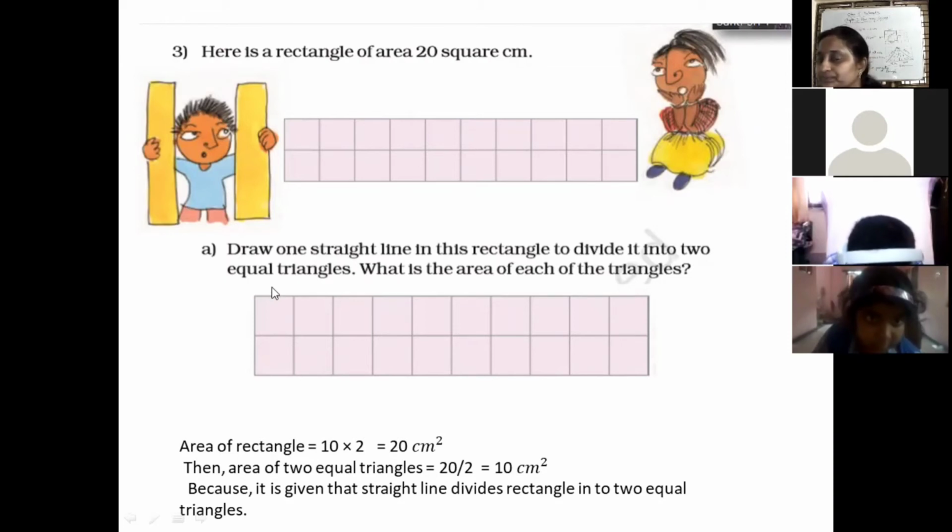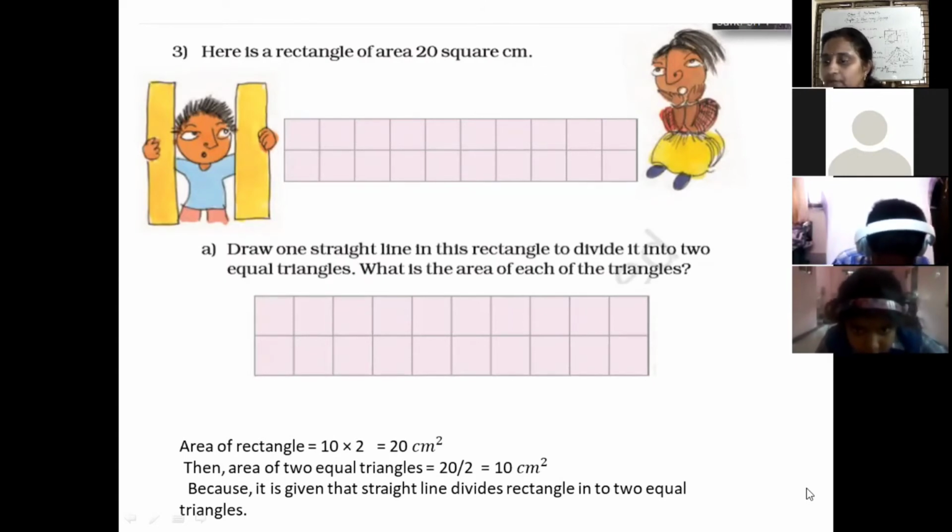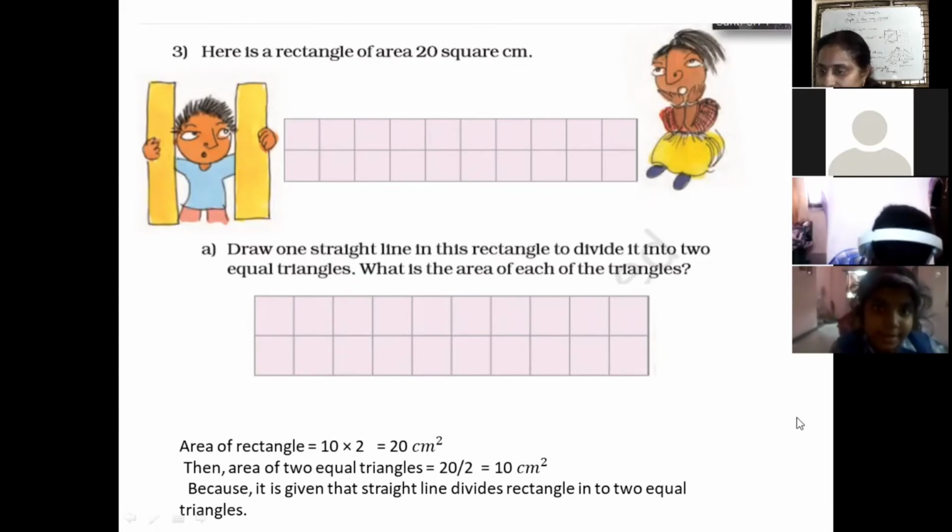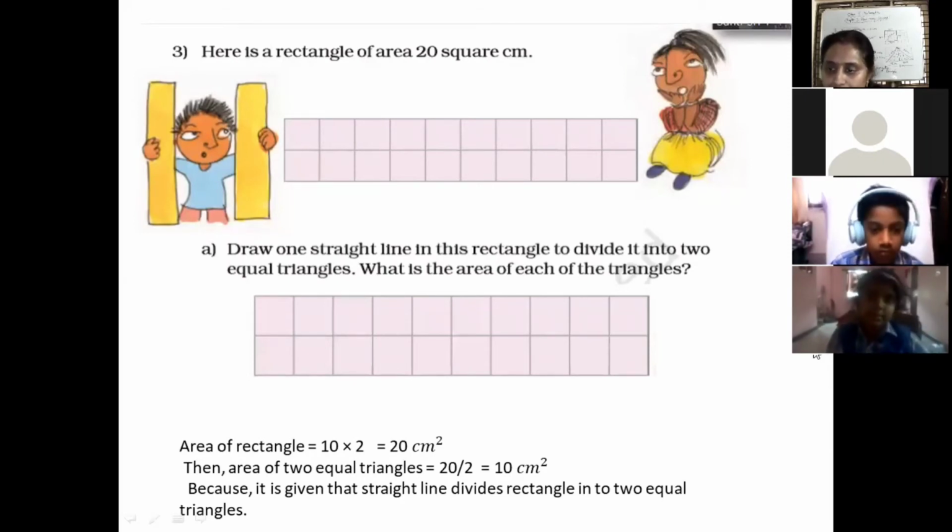Who will do? Samhita, do it. Only Samhita will do, the remaining please don't try. I will give a chance to everyone. Samhita, are you doing? Ma'am, it is not appearing. Okay, then leave it. Pranavi, do it, next time better like Samhita. It is not appearing for me either.